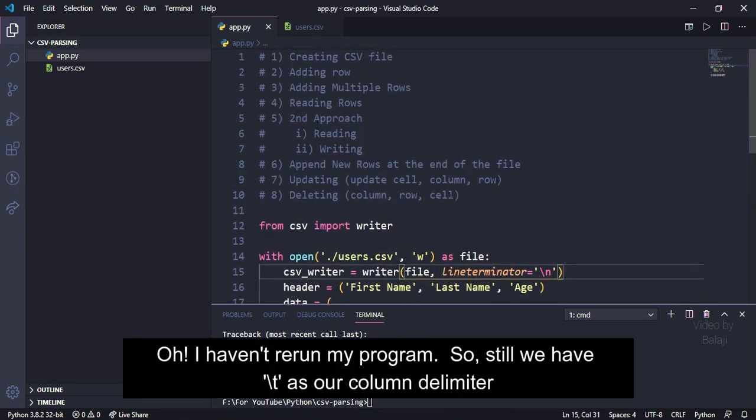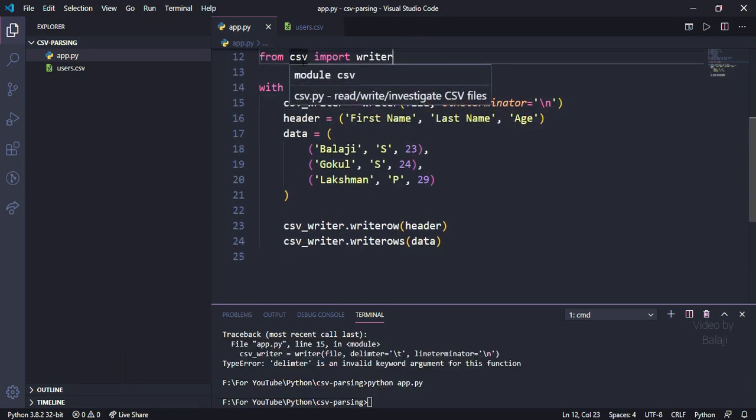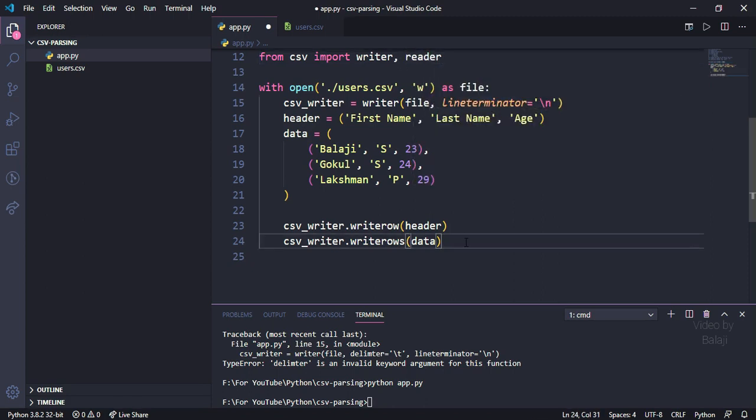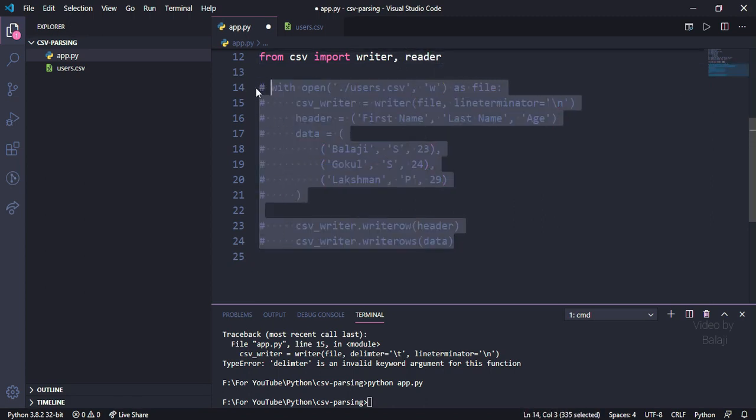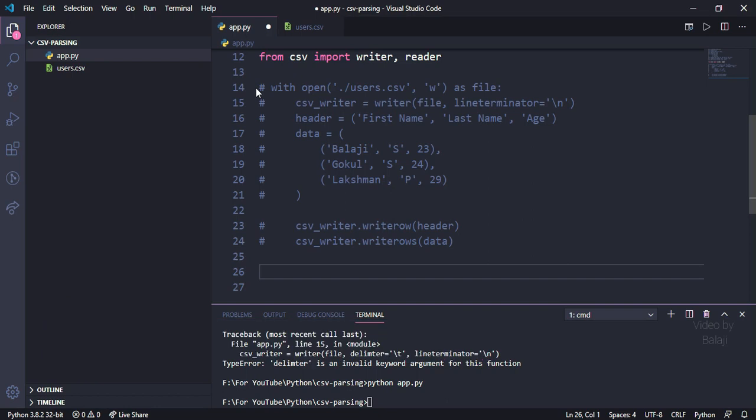Now I'll show you how to read data from a CSV file. For that, we need to use reader object of this CSV module. So I'll import it. And I'll also comment out this writing operation. Now, in order to read any file, you need to open that file in a read mode. So I'll use open function for that. I'll use with